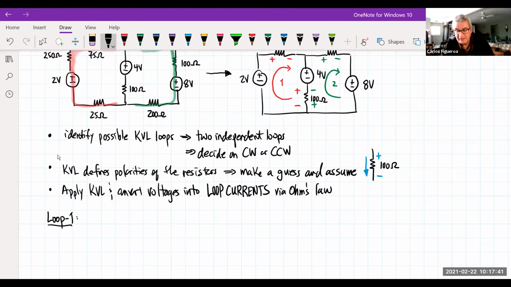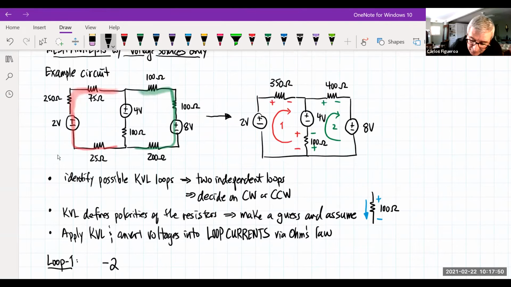So on loop 1, if I look at KVL, I'm going to start off at the 2 volt. So I'm going to get -2. Look at the next resistor here. It's 350. So I hit the plus. So it should be really the voltage of the 350 ohm. Now look, I'm coming around, then I hit the +4, and then I come along and then look at the voltage here. It's got to be the voltage across the 100 ohm resistor, and that has to equal 0. But now I'm converting these into currents, so then this should be -2 plus